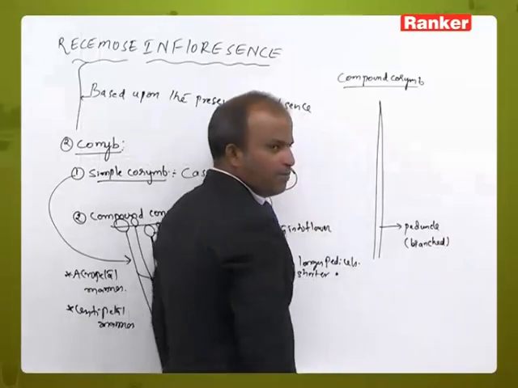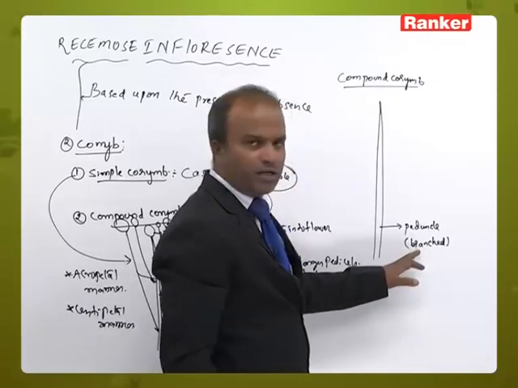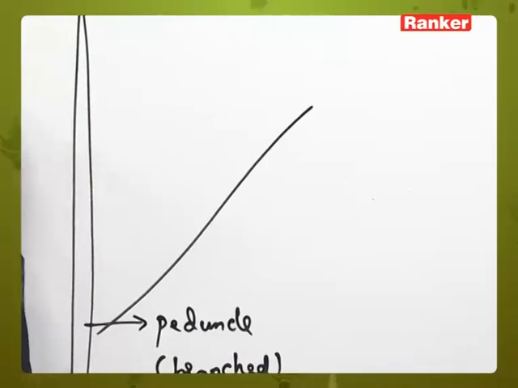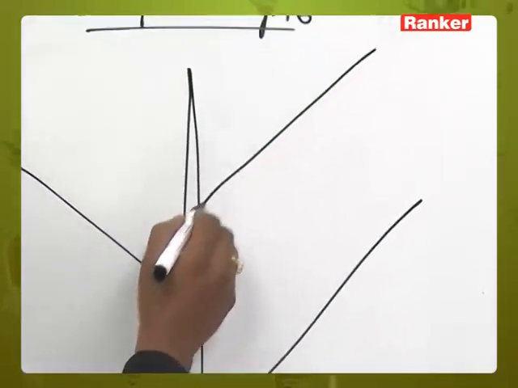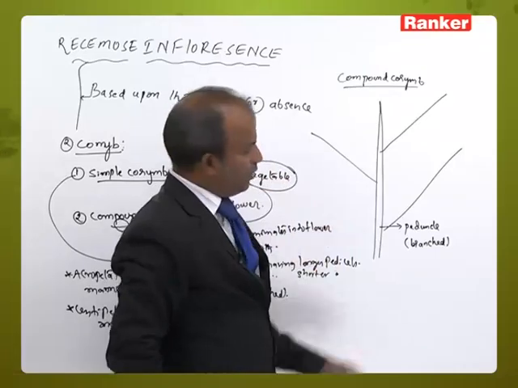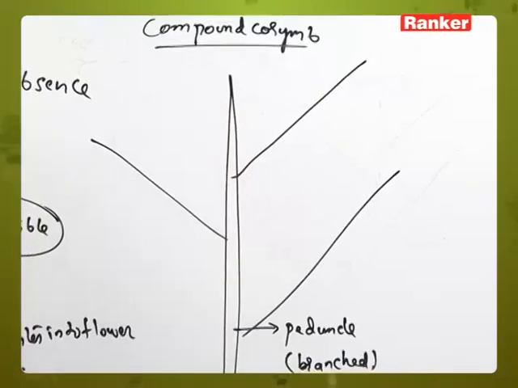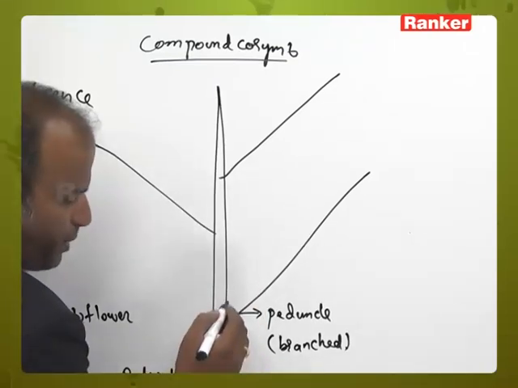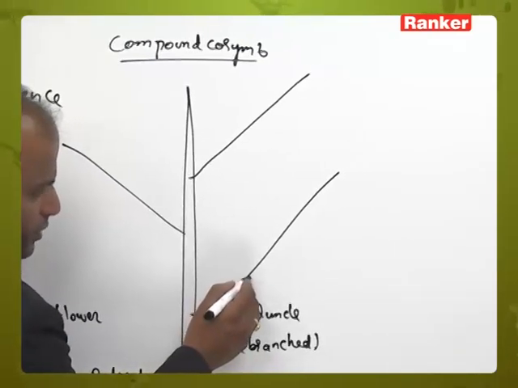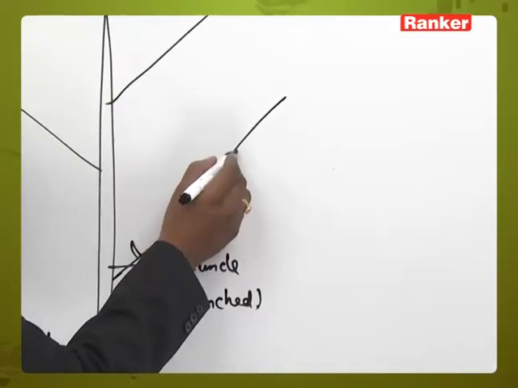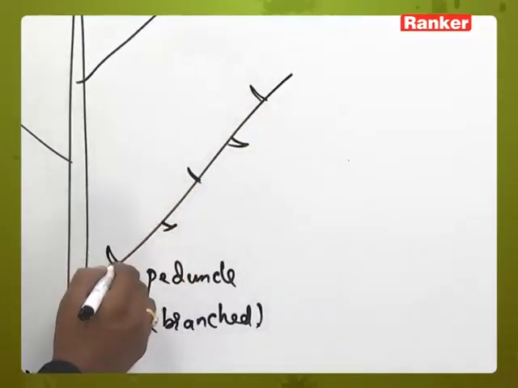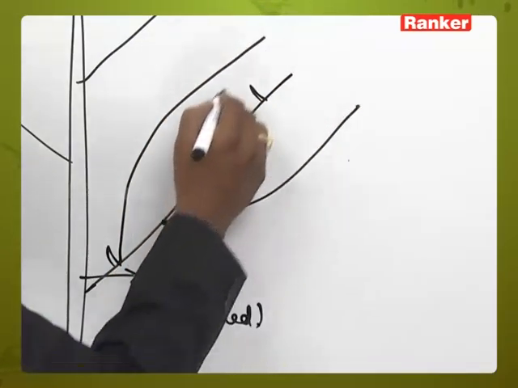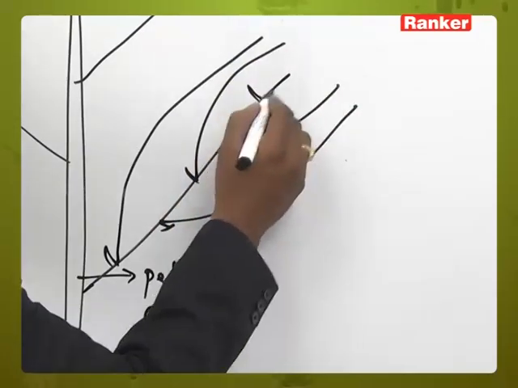These are the branches which are developed from the peduncle, from the inflorescence axis, the floral axis. On these branches, numerous bracteate and numerous pedicellate flowers are arranged in which manner